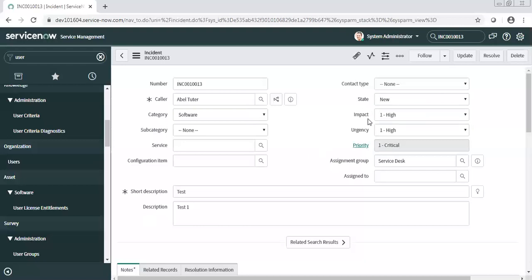That script we can write in transform scripts or transform map scripts. That's why when we extend this priority setting case, direct web services are limited and we cannot use them. We have to switch to import set web service because we need to interfere with the data sent by the third-party tool.